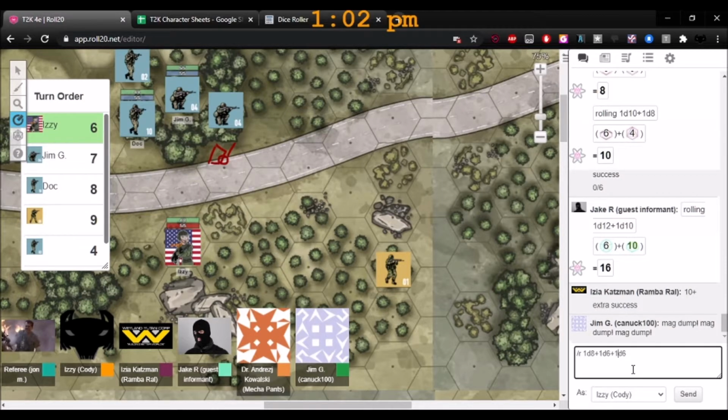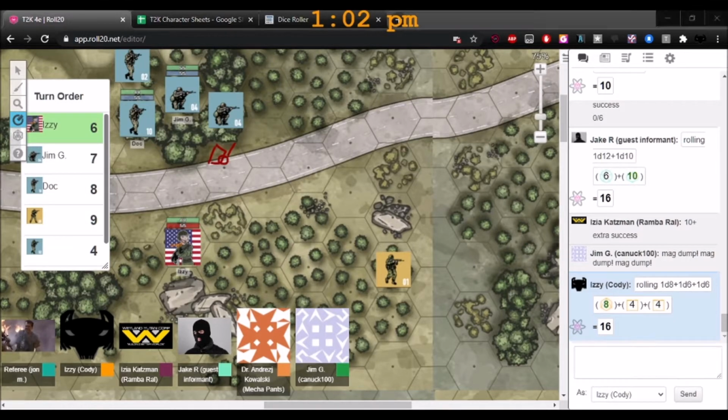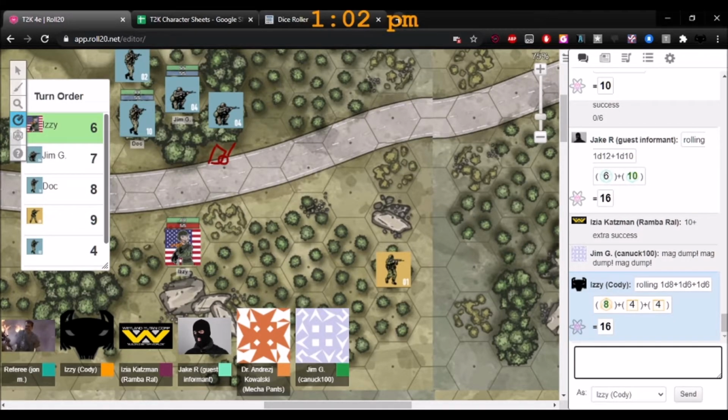Okay. So Izzy basically pulls the charging handle, fires, and just starts spraying, bam, bam, bam, bam, bam. Okay, so yeah, you got a success with that one. The other D8 is your ammo dice. There's no successes or mishaps, but when you tally that up, that totals the amount of rounds you actually fired. So the 4 and the 4, that means you fired 8 rounds out of your shotgun.